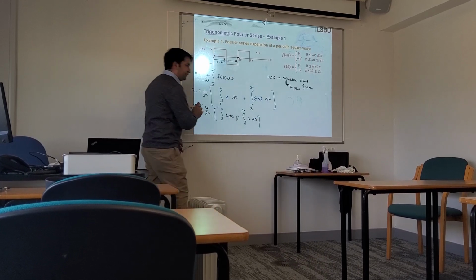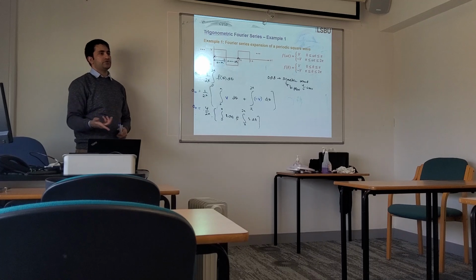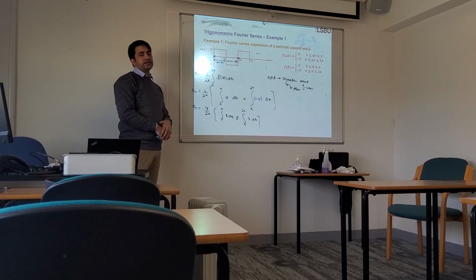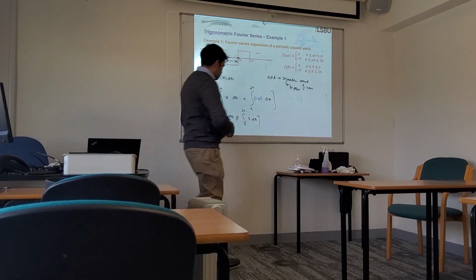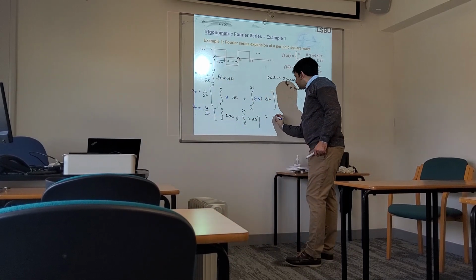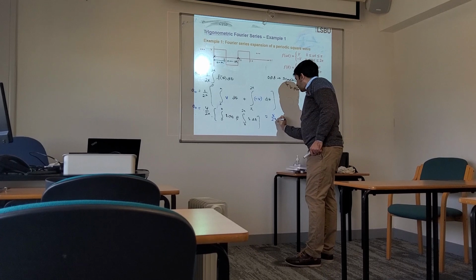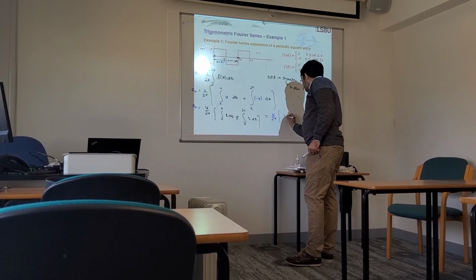I have taken V out because V was a constant number. What is the integration of 1? Just theta. So V divided by 2 pi